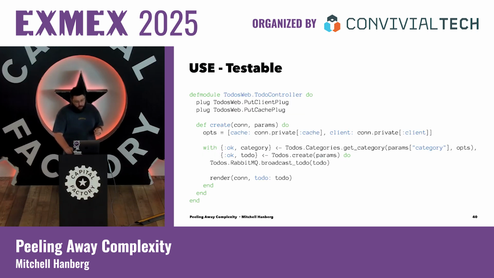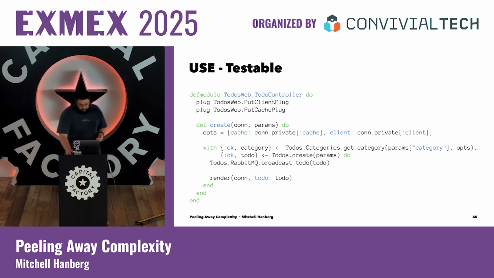The tricky part about this is where do you actually decide what value to use for your cache? In the context of a Phoenix HTTP request, the controller action is our entry point. Here we can easily fill in our inventory with our caches and clients from a couple simple plugs. You notice here that we fetch our cache and the client from the private field in the plug connection struct. This is a place for libraries and frameworks to store values they might need without polluting the assigns, and we can utilize it as